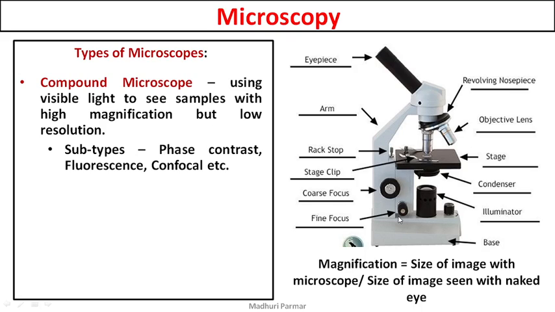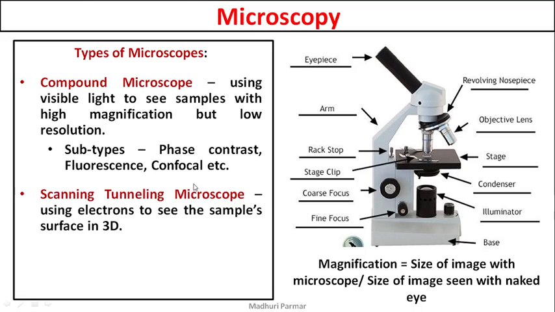What it does is it takes pictures layer by layer. For example, if this is the sample, it will take a picture first at this layer, then second at that layer. Layer by layer it will take pictures, and these pictures can be seen directly on your computer. So confocal microscopy was and is used, in fact, to study different tissues, how cells are arranged layer by layer. This is all about the compound microscope and visible microscopy.